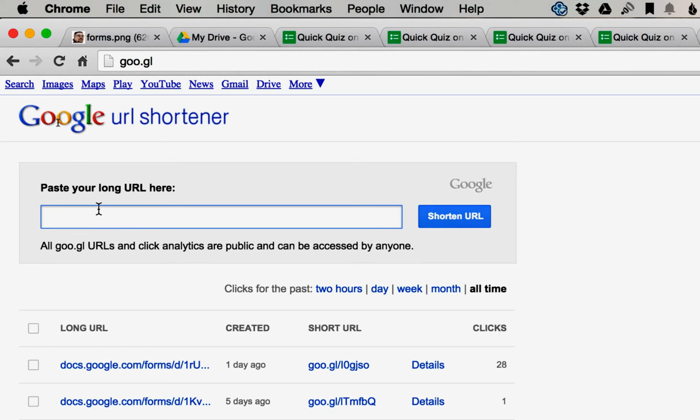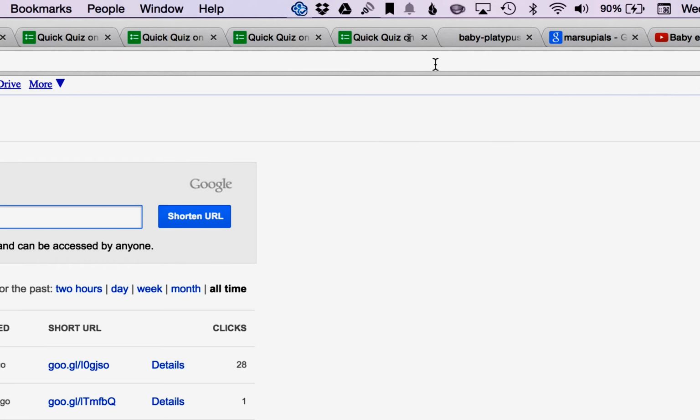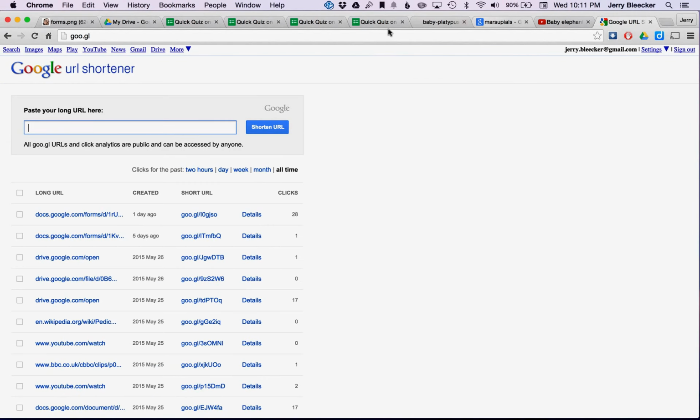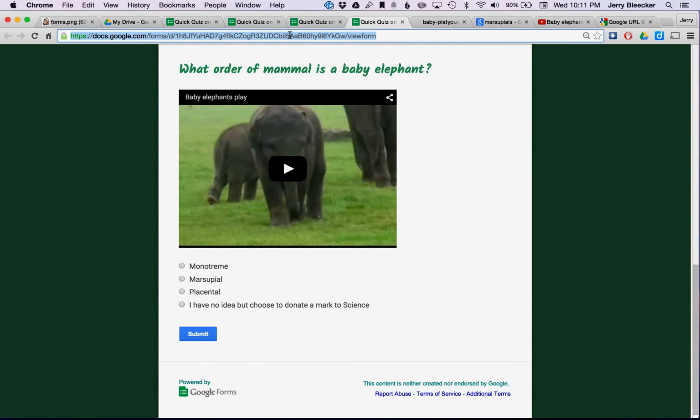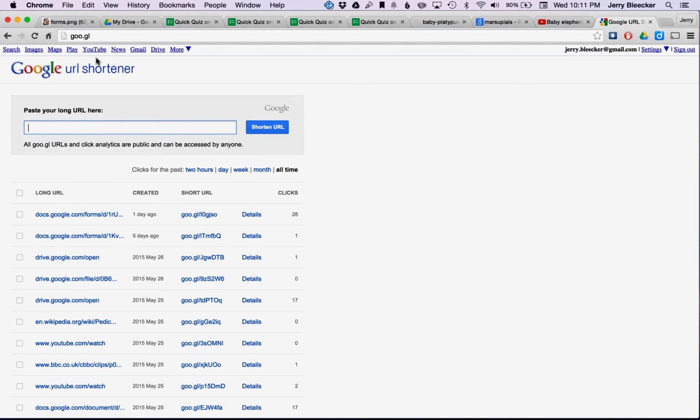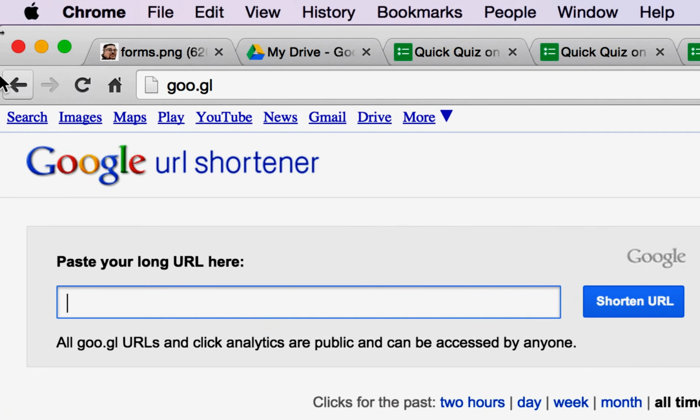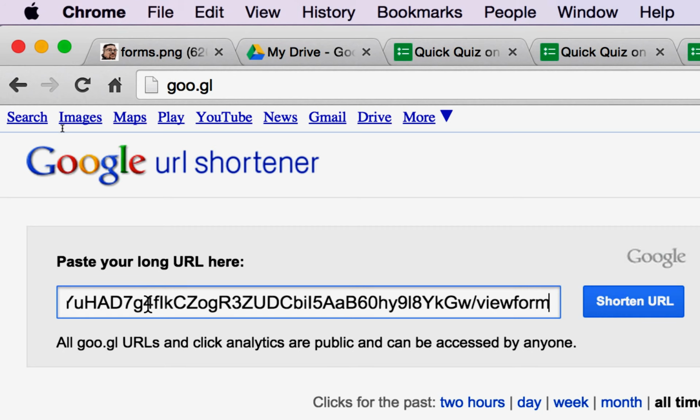So what you do is you feed it a ridiculous URL or web link, which is, for example, this. So I'll copy this. And if you go to goo.gl, which I have pasted up there, and you paste in that ridiculous address, yeah, good luck getting somebody to enter this live, and you hit shorten,